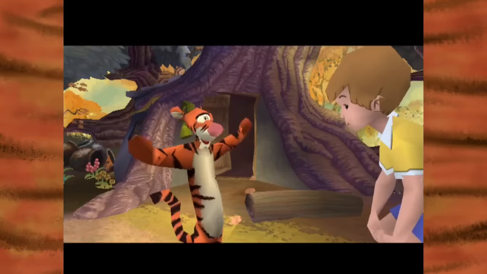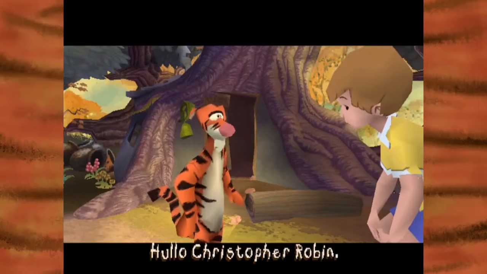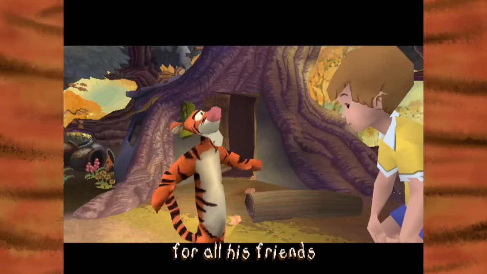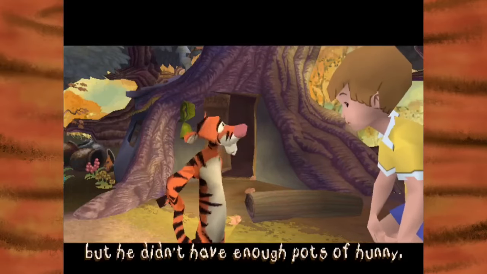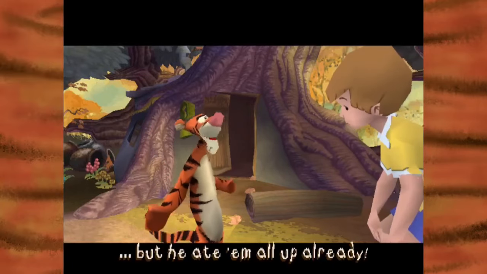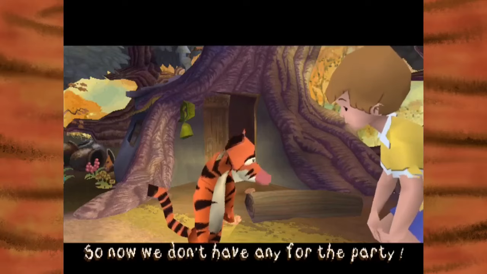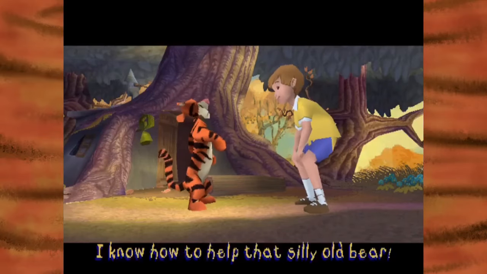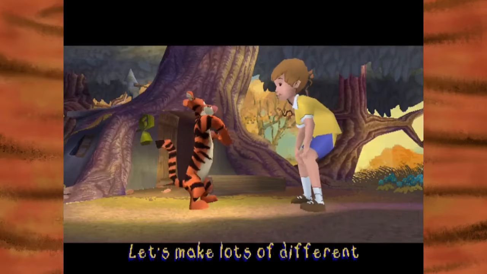Hello, Tigger. Hello, Christopher Robin. Pooh Bear was gonna have a big party for all his friends, but he didn't have enough pots of honey. I tried to help collect more pots, but he ate them all up already. Yeah. So now we don't have... The entire adventure was pointless. Don't worry, Tigger. I know how to...